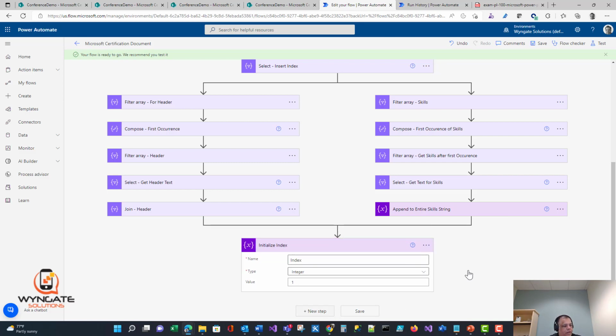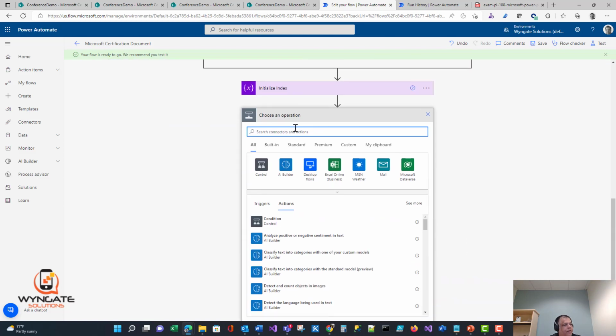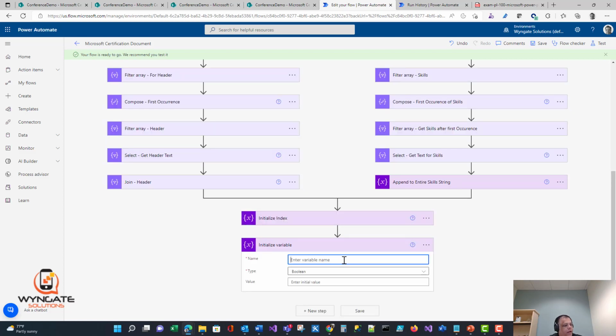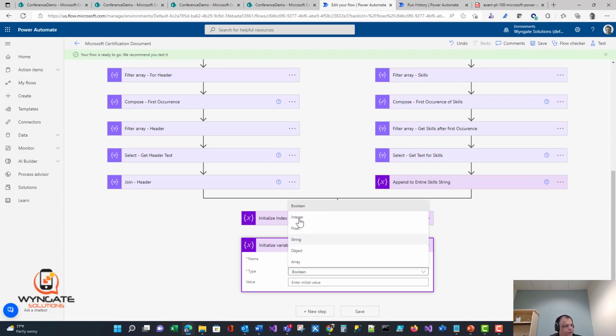And another step over here, another variable, and I'm going to call this count, integer,